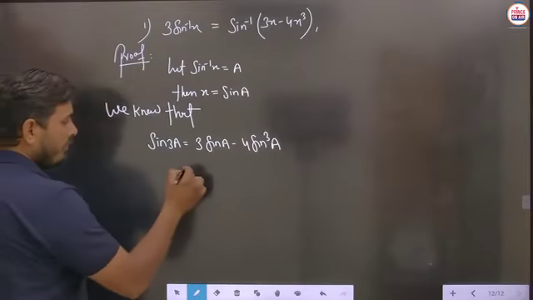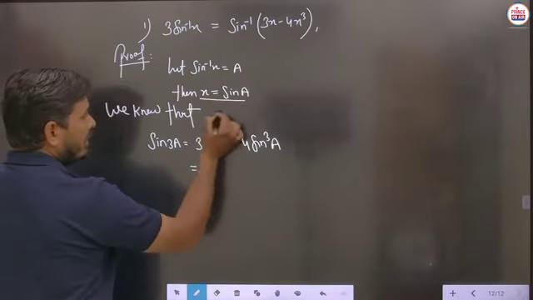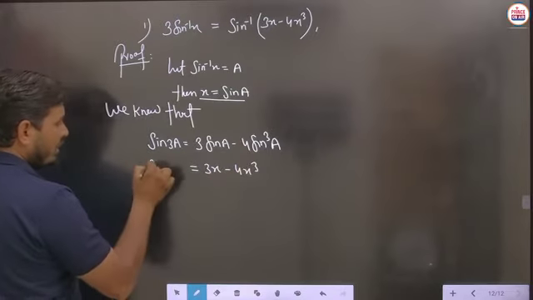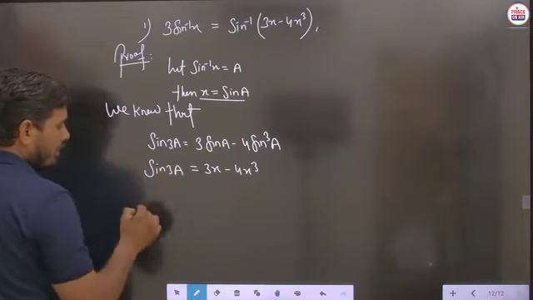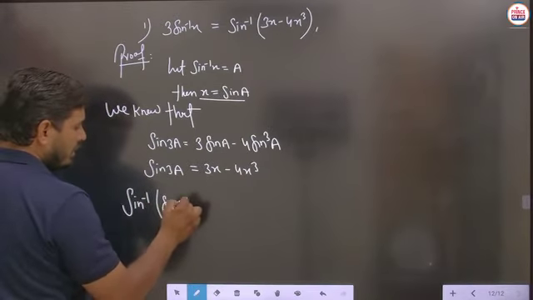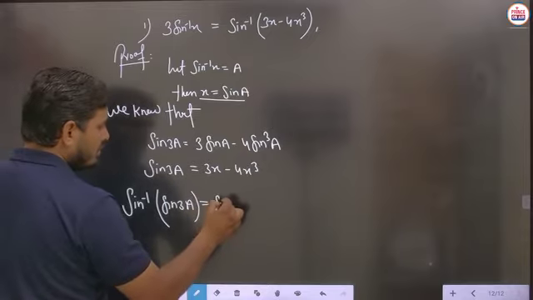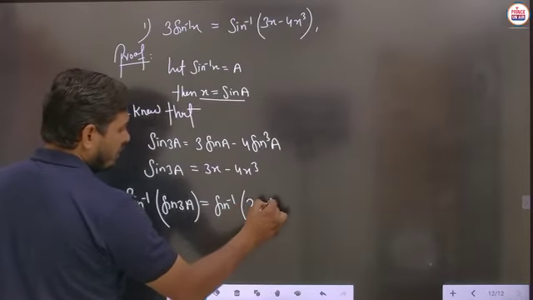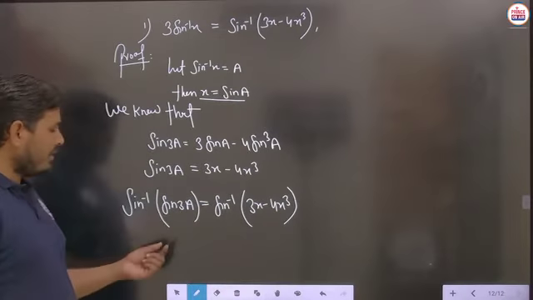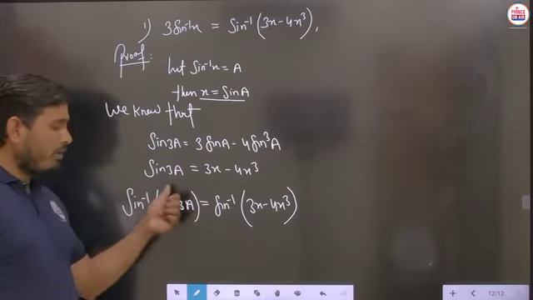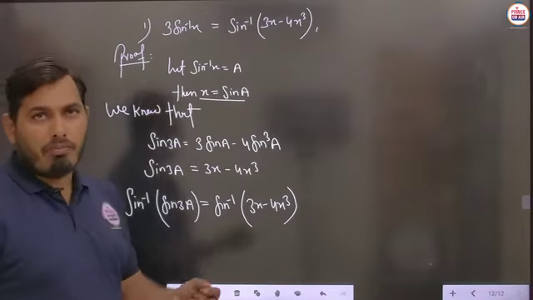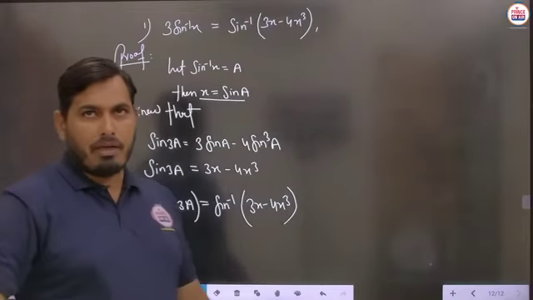So finally we will put the value of sin a from here, that is x, then it will be 3x minus 4x cube, and it will become sin 3a. Now taking inverse on both sides, this is said to be sin inverse of sin 3a, and here you can write sin inverse of 3x minus 4x cube. On the right hand side no problem is there, but in this case this particular part will become 3a when this 3a is part of minus pi by 2 to plus pi by 2, you know very well.